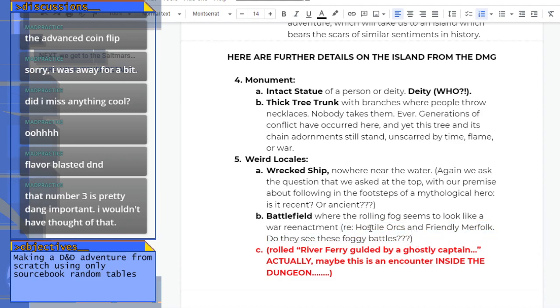Anyway, yeah. So do the hostile orcs, like if the players come across this, can these two sets of folks that we've set up also see it? And if so, like if the players are in with one of these guys, for example, if they captured one of the orcs, or if they followed the merfolk patrol back to their base to get supplies or something, right? Because if they're friendly, they'd probably share supplies on a small island, maybe. So there are opportunities at this point to think about, like here is where you start going into,